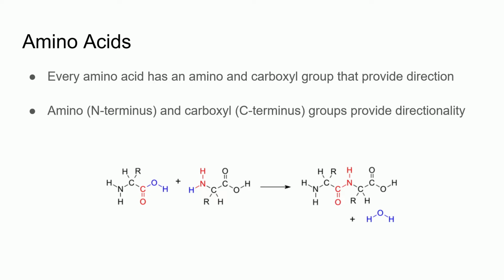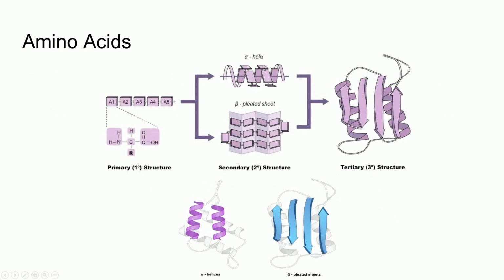The resulting product of translation is the polypeptide strand, also known as the primary structure. The various chemical properties of the amino acids within this protein sequence interact with each other to form two basic motifs, alpha helices and beta pleated sheets. These motifs make up the secondary structure of the protein. The amount and configuration of the alpha helices and beta pleated sheets make up the tertiary or final protein form. From here, proteins may interact with other proteins to form complexes or quaternary structures.